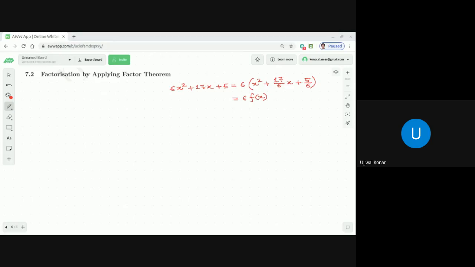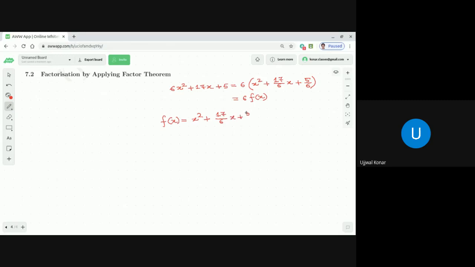That is what f(x) is. Now we are going to see how we can express f(x). Here in f(x), the coefficient of x squared is 1. So what is f(x) here? f(x) is equal to x squared plus 17 by 6 into x